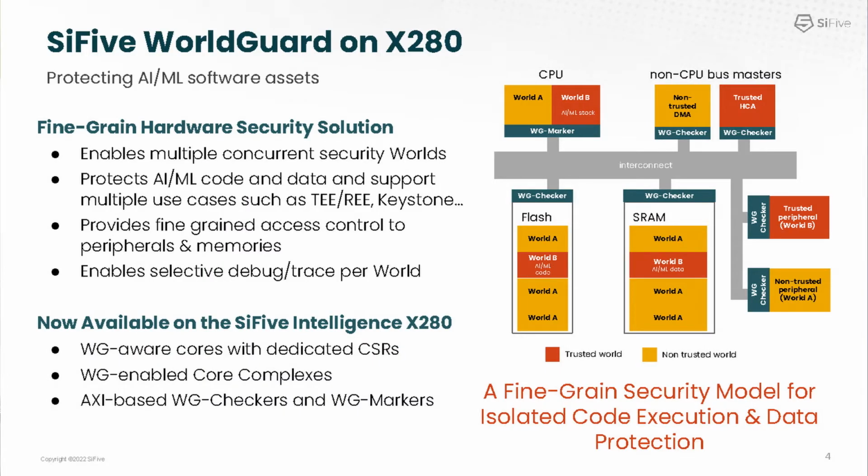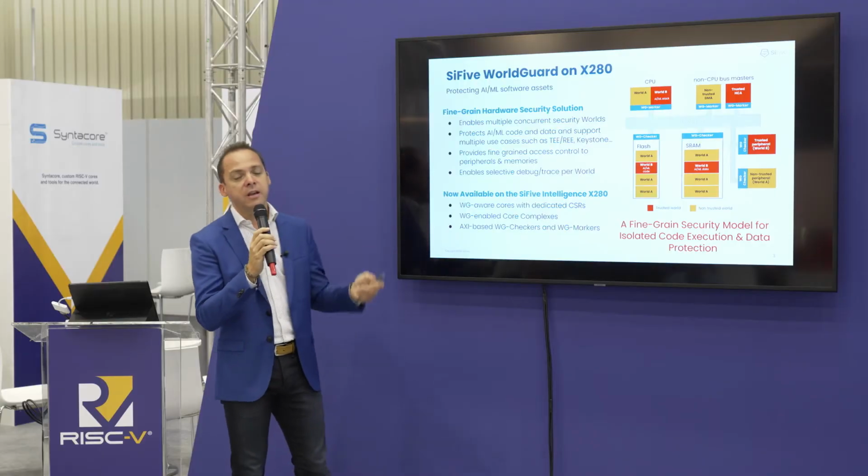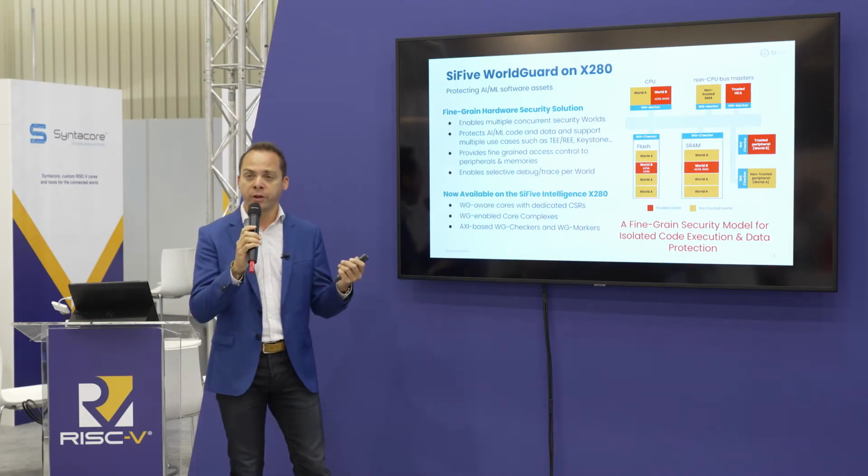WorldGuard is a very simple way to add protection to memories and peripherals. It works by simply adding a tag, what we call a world ID, to all the transactions that are issued by a CPU core. We tag it into the cache, and we propagate that world ID down to the different caches and the interconnect, and at the destination we do proper filtering based upon an access control list that also provides additional benefits by checking additional attributes such as read-only or